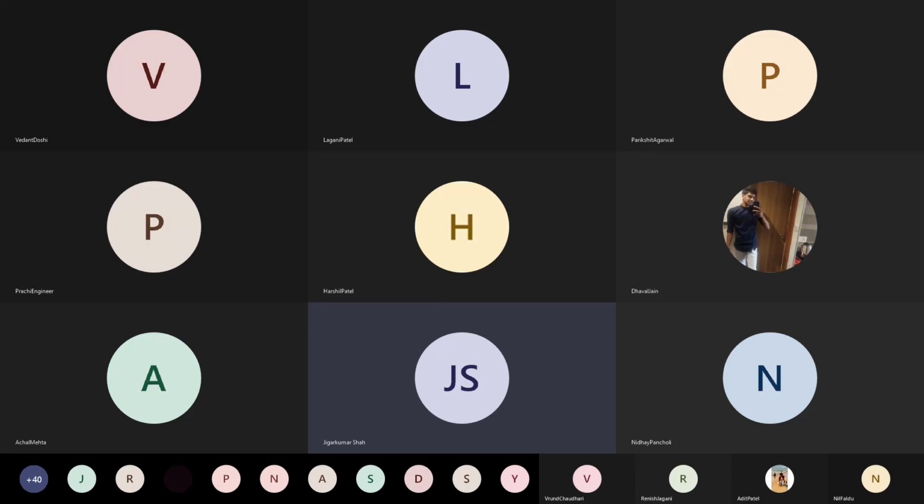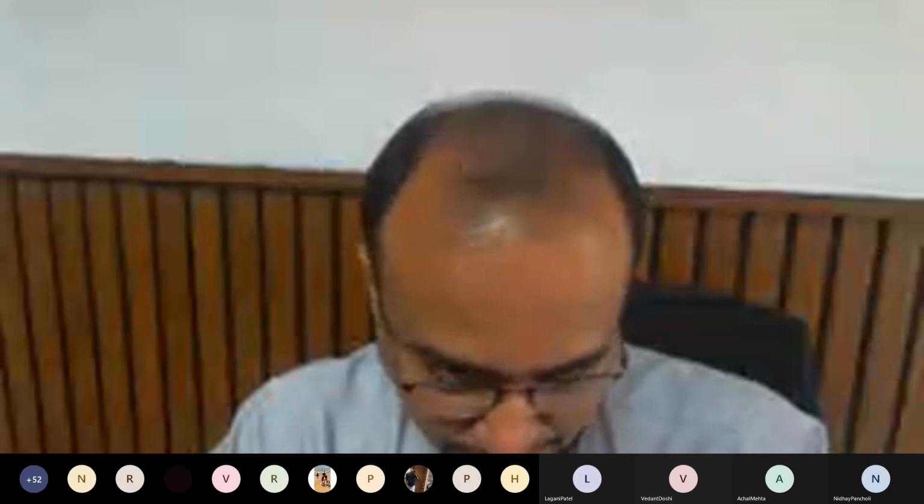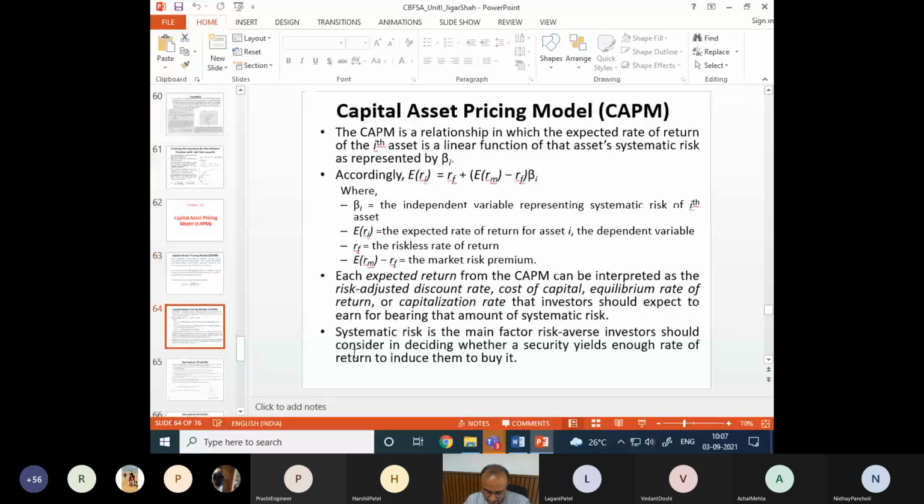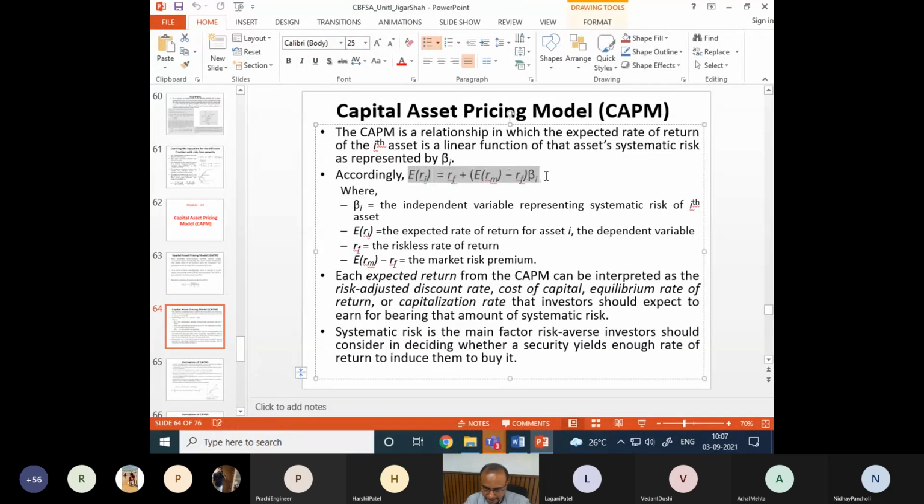Now let's go to the slide where we left off in the last lecture. We have seen the CAPM model, and beta has emerged as a very important parameter in it. The CAPM model is described for any security by this equation: expected return from security I is equal to RF plus (ERM minus RF) times beta I, where beta I is the parameter for a particular security. ERM is the expected return from the market, and RF is the risk-free interest rate, or risk-free return available in the market.